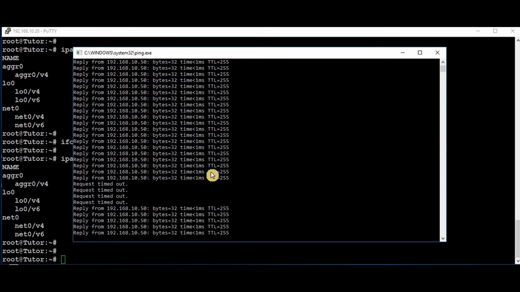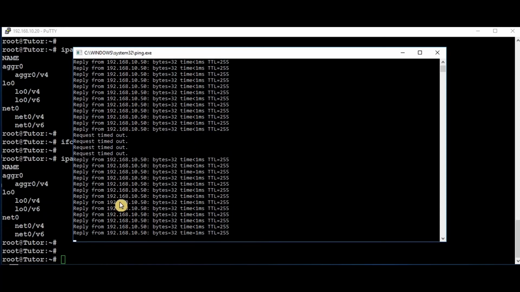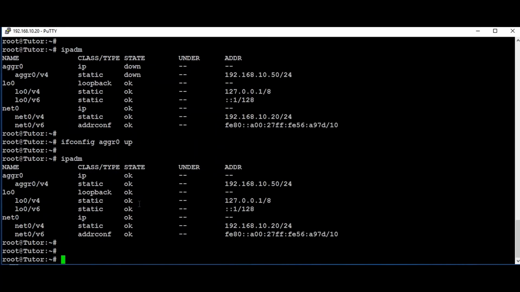Now we are going to remove the net2 interface from aggregation 0, then assign net3 to aggregation 0 on the live system.